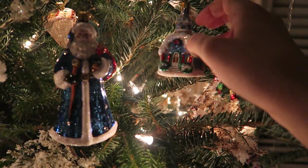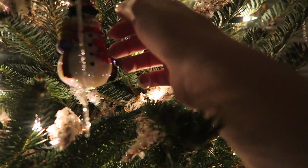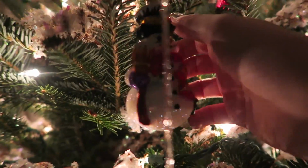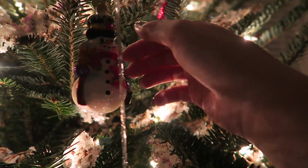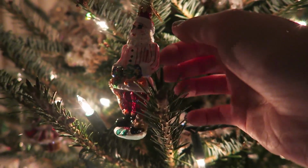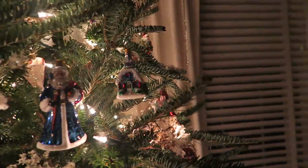Little housey here, all covered in snow and glitter. And a snowman. This tree doesn't have quite as many snowmen as the Colorful Lights tree. But here he is. He's still a very sparkly snowman, at least. With a broom. This Santa has a very short coat. It's striped white and red. And then over on this side of the tree,